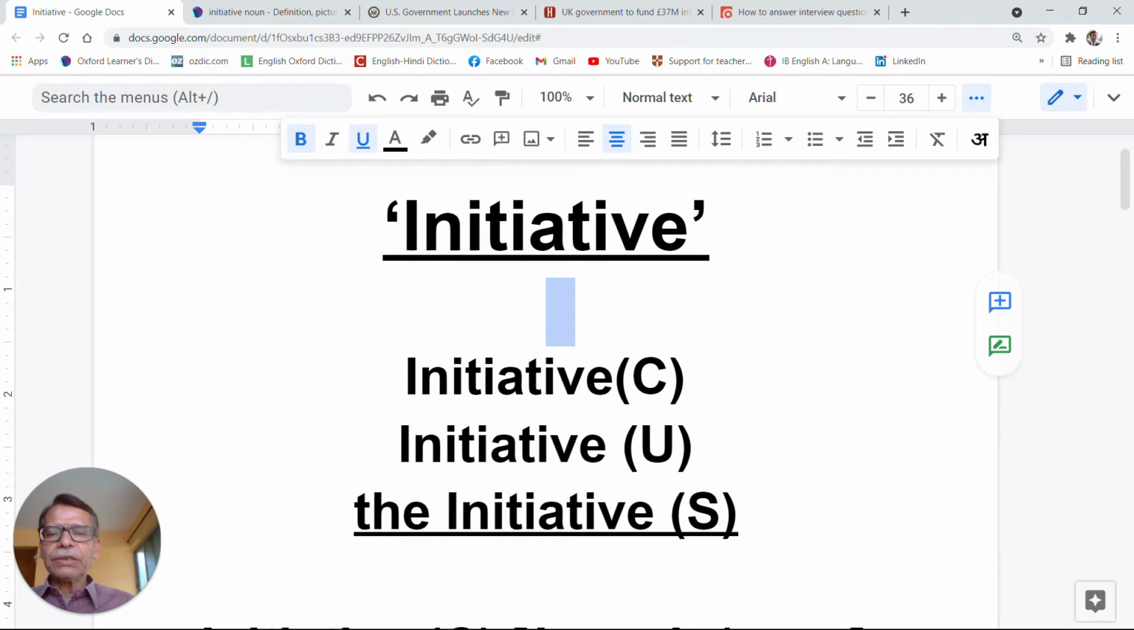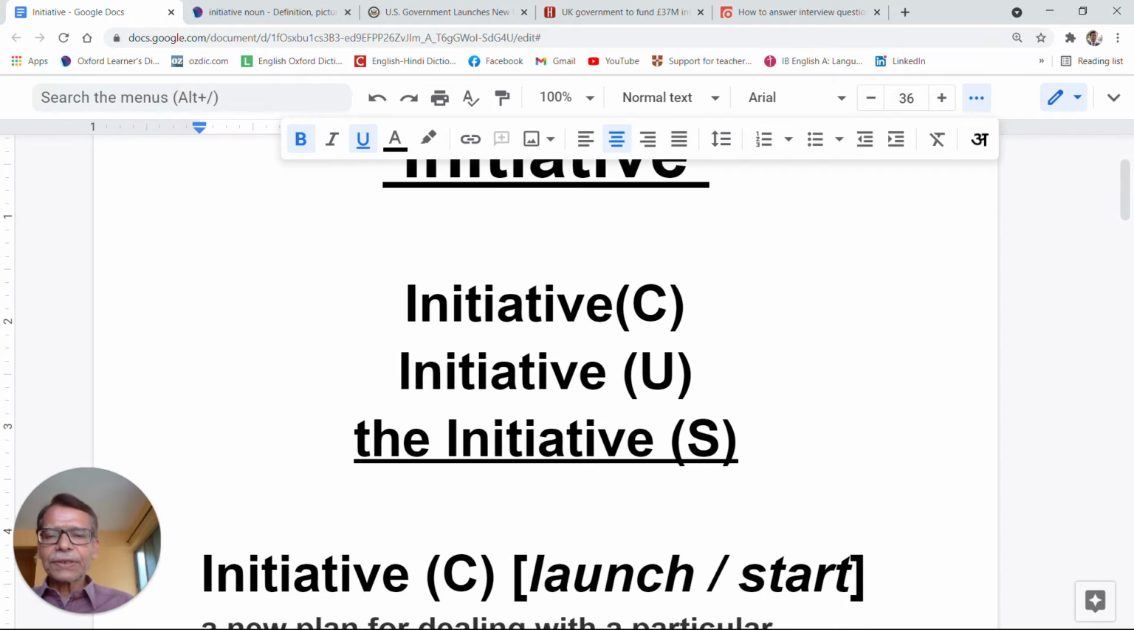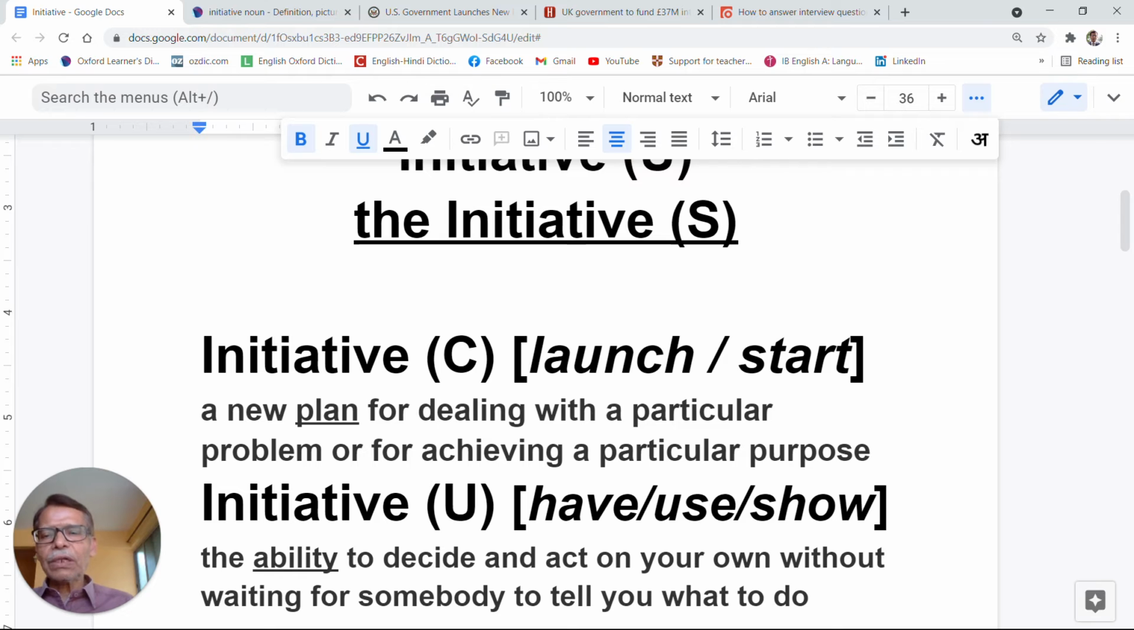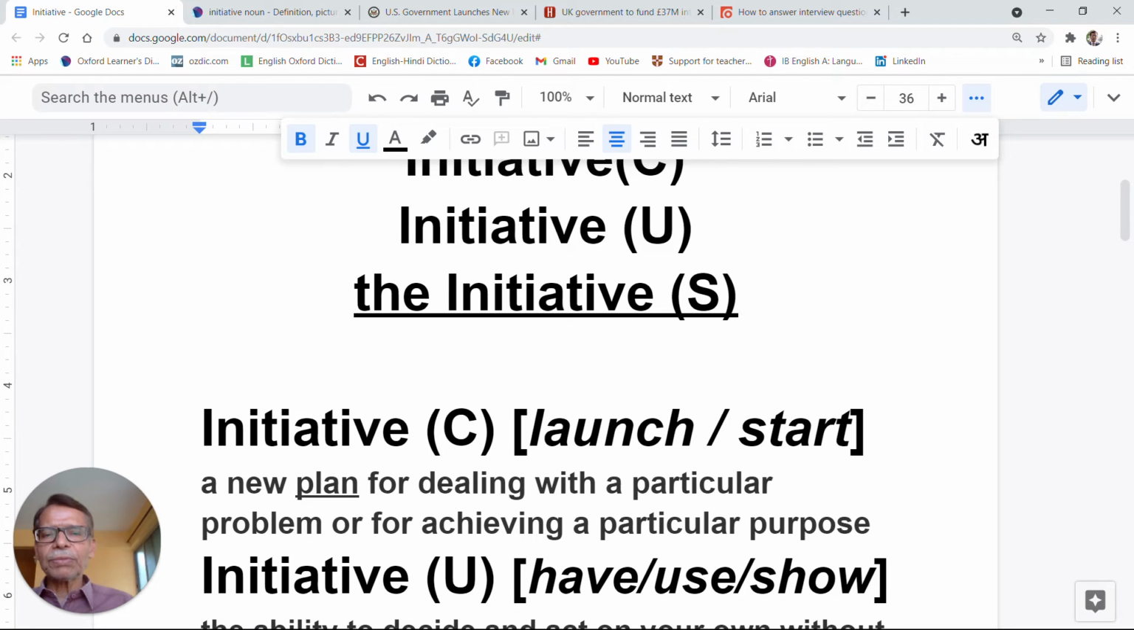Now, initiative, the first category is initiative as a countable noun. Second category is initiative as an uncountable noun. And third category is the initiative, which is neither countable nor uncountable, but S means it must be used with a singular verb. So let us start off by discussing initiative as a common noun, countable noun,